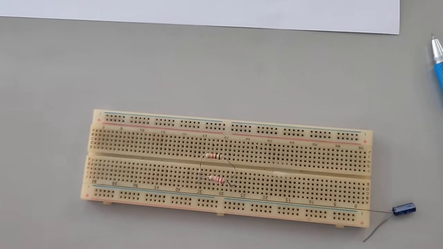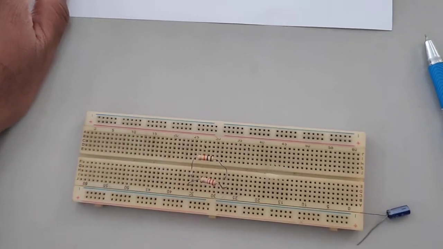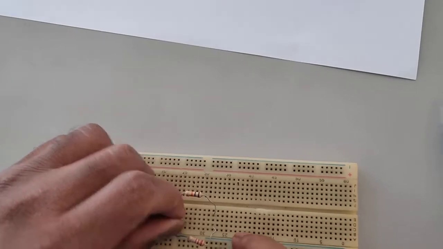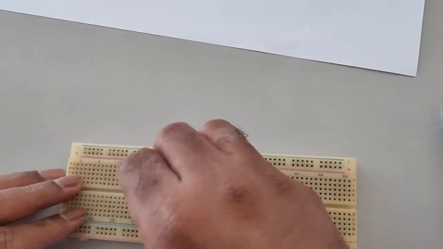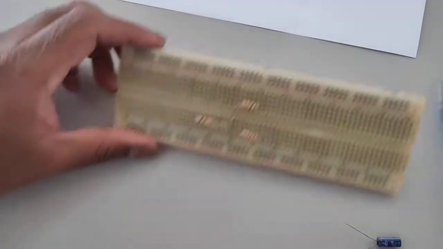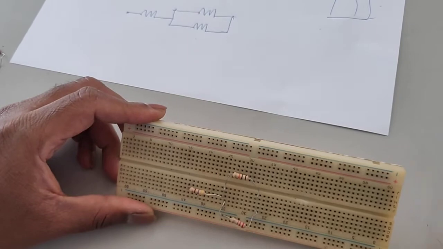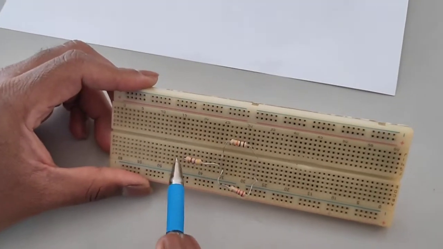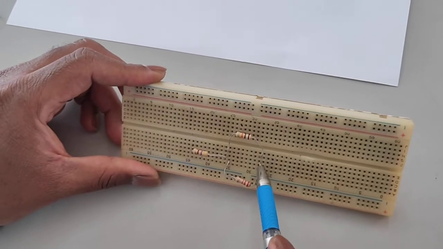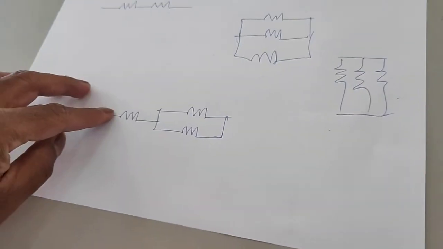Two resistors in parallel. The other resistor has to be taken in series, leaving the end free for further connections. I will take this vertical path and connect here. So this is two resistors in parallel, and at the same point the other resistor starts, and this end is open for future connections, and here also the end is open for further connections. This is how you make two parallel and one series.